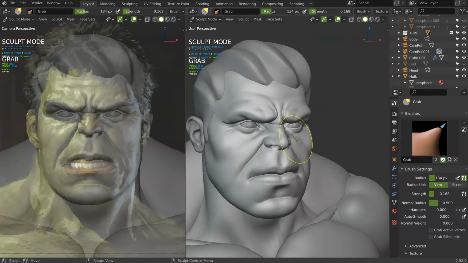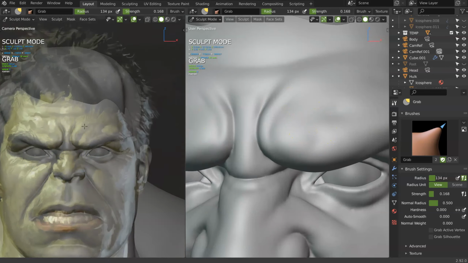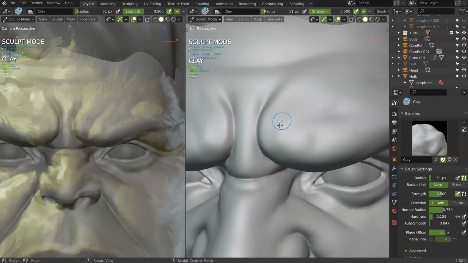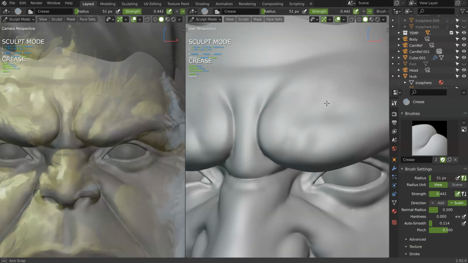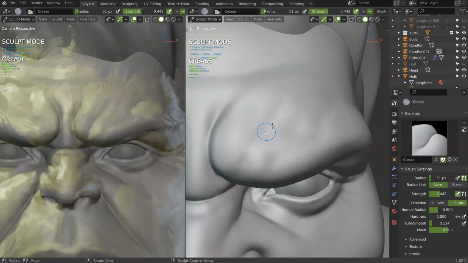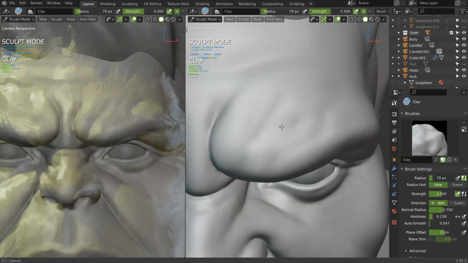I still want to keep it perplexed. And after you can zoom, Shift C, and trace some parts. I will remove this one, like that, and smooth. Shift C to use the crease tool, like that. So I'm just using this one, and after I will use the crease and the smooth.